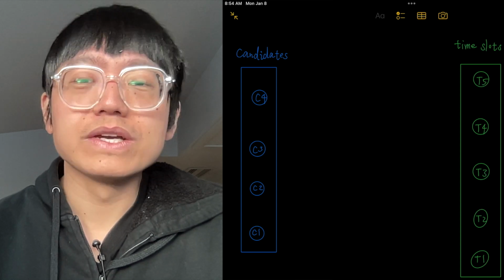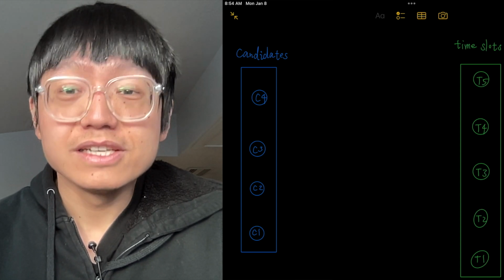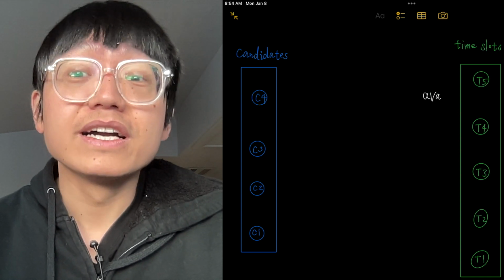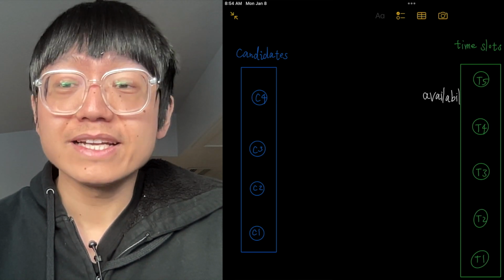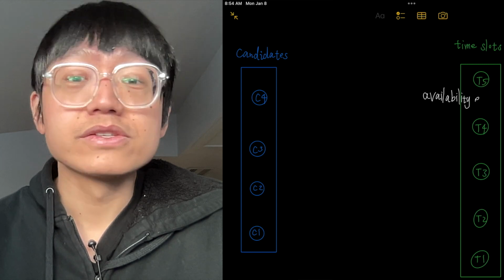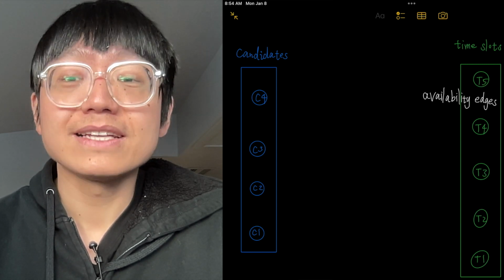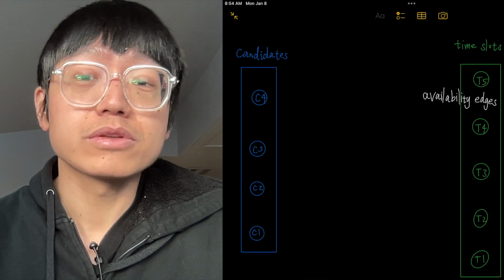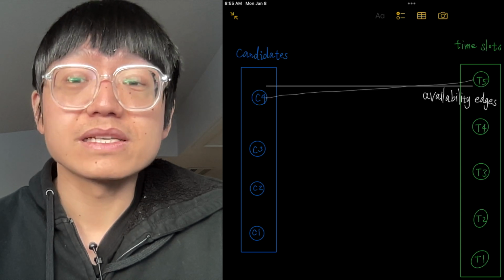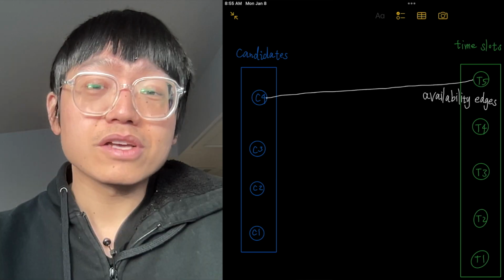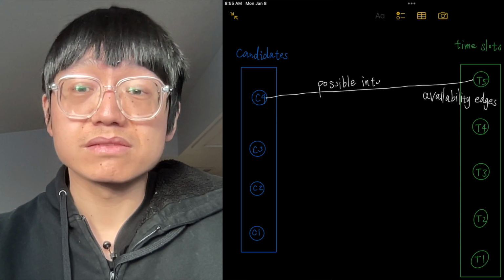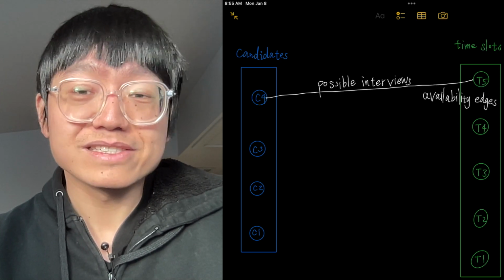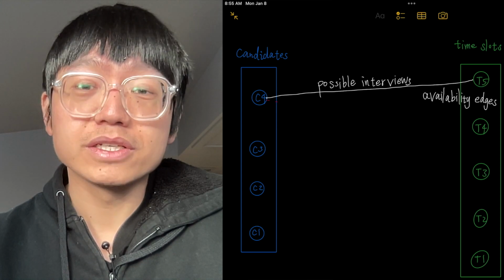And then we establish the availability edges just based on the availability indicated by the candidates. We add edges between the candidates and the time slots. So an edge between the candidate node and the time slot node means the candidate is available at that time. Solid lines indicate all possible interviews based on candidates' availability, and dashed lines represent the maximum matching, which is a